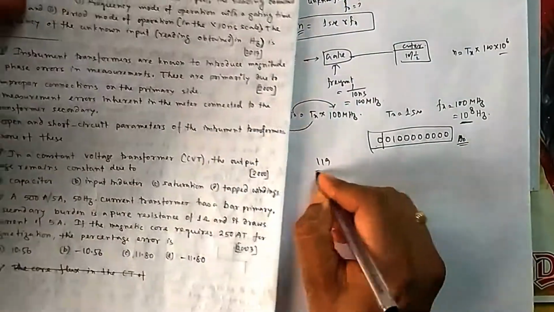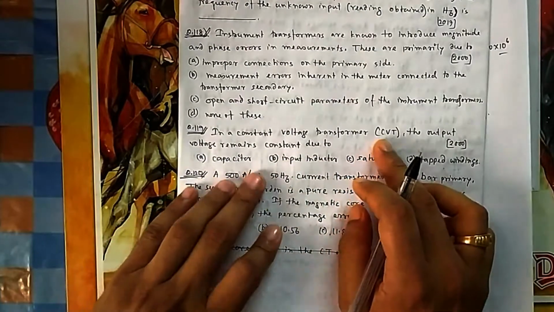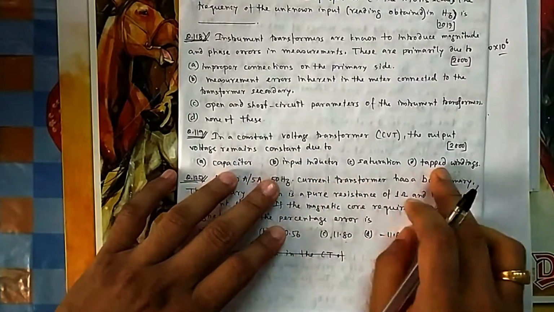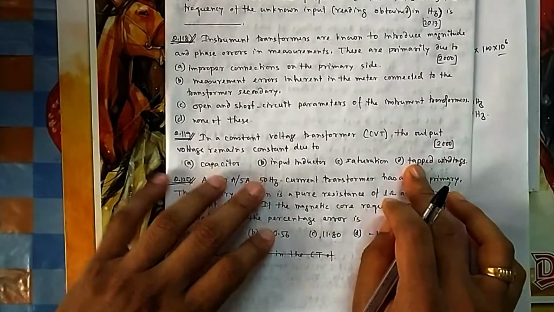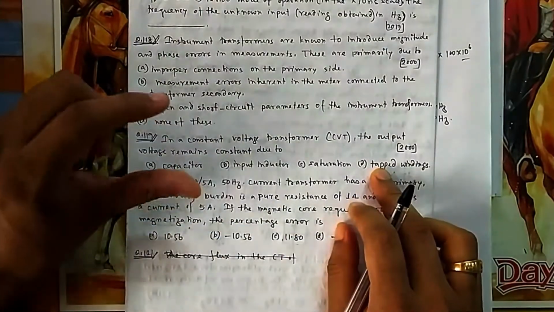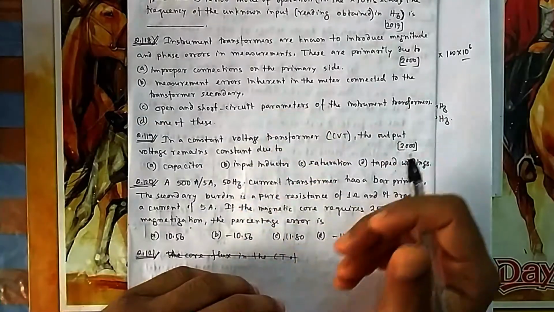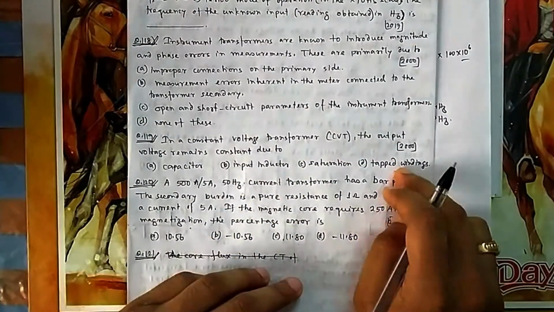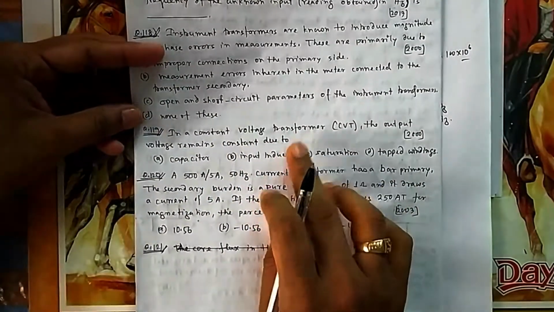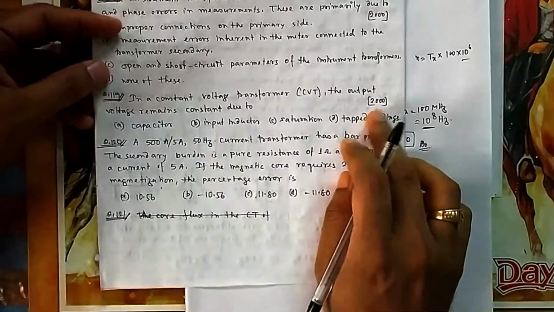That video is also helpful for your 119, because there I have discussed CVT also. So you check why in CVT the output remains constant. It is due to the resonance, the tapped winding, that is the inductor is connected so that the circuit is resonant. I have explained in detail how this output voltage remains constant, because we want to operate it in resonance so that net Thevenin's impedance becomes 0. So no internal drops come out, and therefore voltage remains constant. So you kindly check that video. So 119 is again D, that is tapped winding or the inductor.